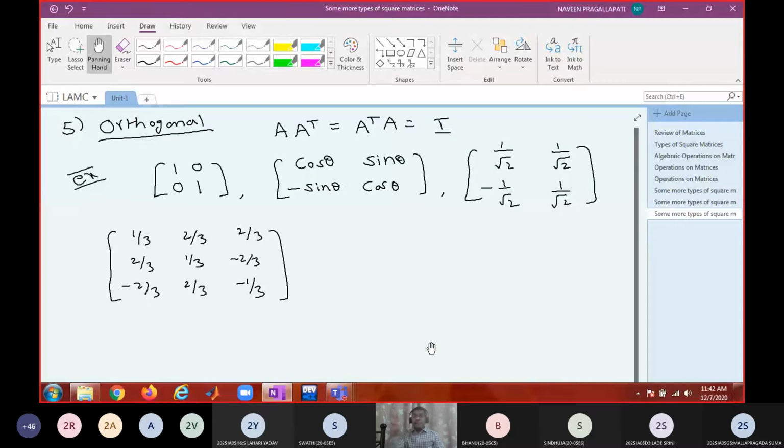So I can give you some 4 by 4 matrices, 4 choices. Which one of the following is orthogonal? Identifying whether it is orthogonal or not using the definition is very difficult, because if I give you 4 by 4 and you have to multiply A into A transpose, it will take so much time. In competitive examinations, you may not have that much time, right? So instead, you just observe the column vector magnitudes. If you identify any column vector magnitude is more than 1, you eliminate. If all column vector magnitudes are unit, then you make the further check whether every pair of column vectors are mutually orthogonal or not.